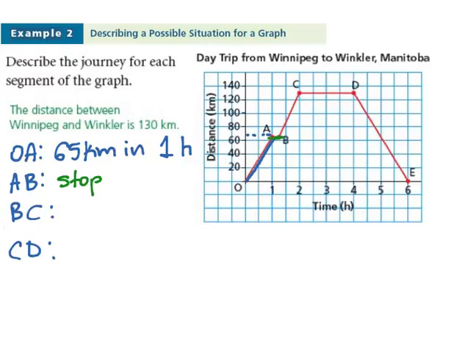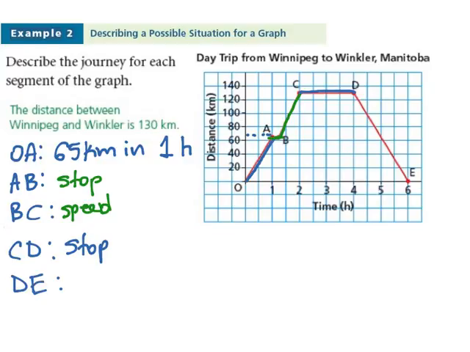For the line segment BC, we're starting to move again. So we have a speed, or in other words, we have distance covered. For C to D, we're at a stop again for some time. And last segment, D to E,